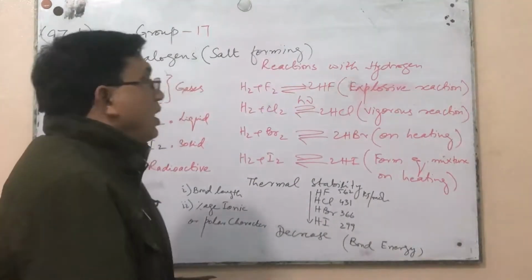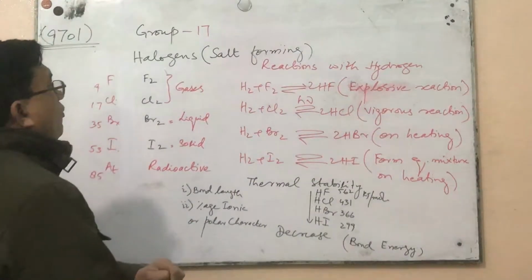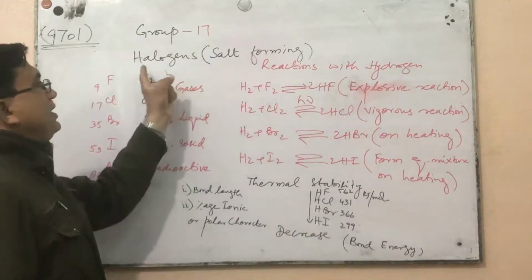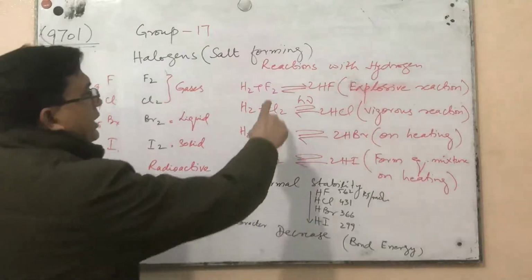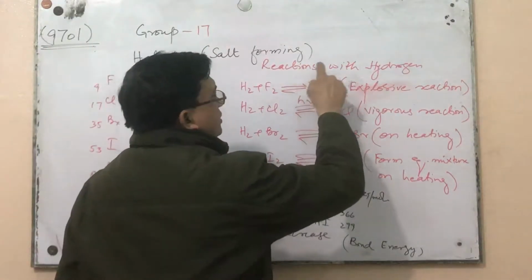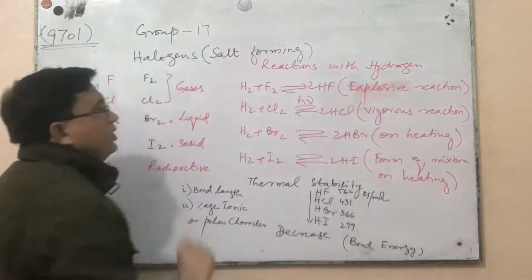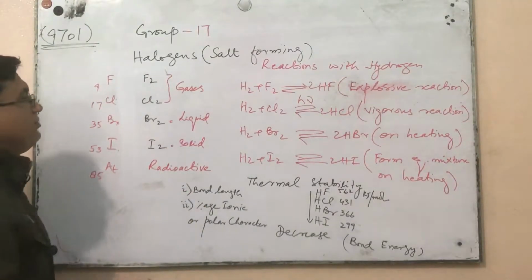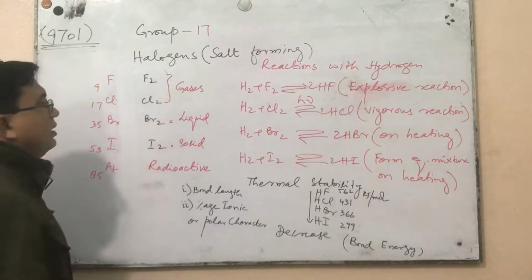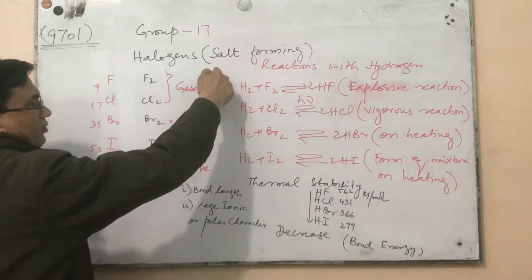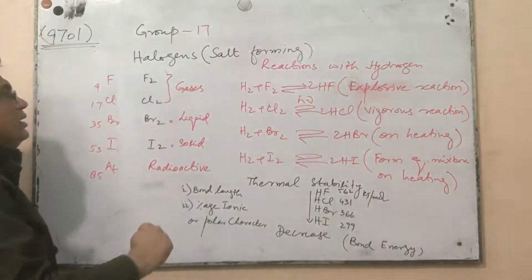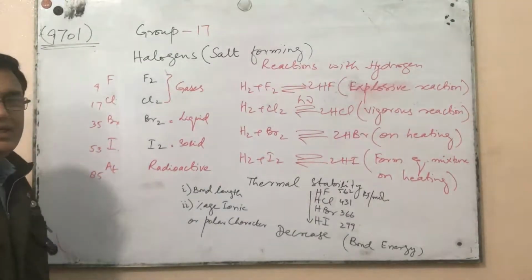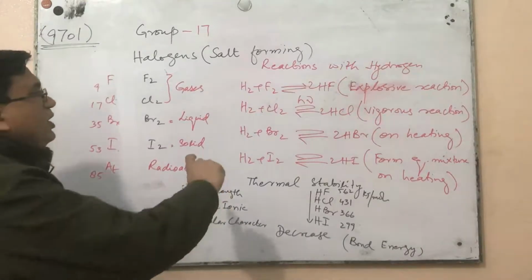Hello everyone. Our next topic for A-level chemistry is from group 17 halogens: the reactions of halogens with hydrogen. As we discussed in our previous lecture, reactivity decreases from top to bottom, from fluorine to iodine. The reactivity of the halogen decreases. When we react